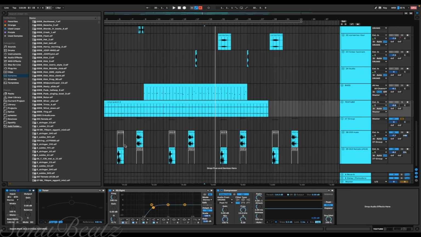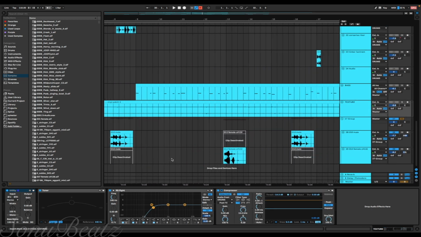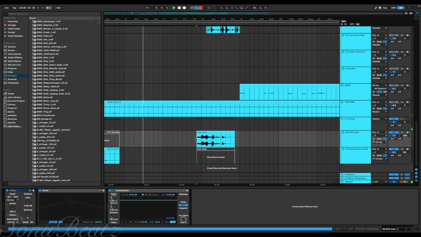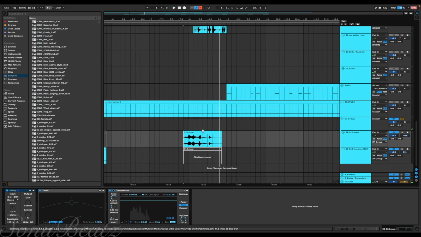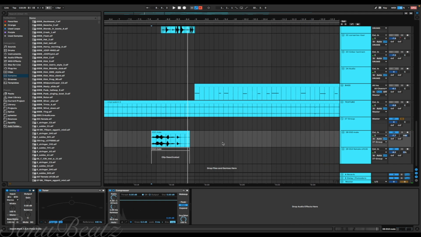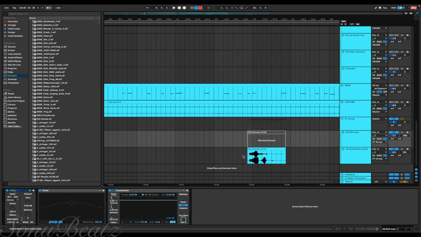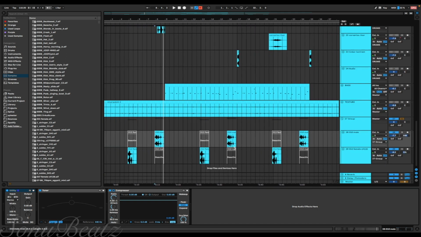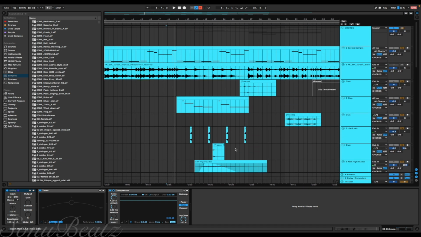And then down here, I have some vocal sounds. These are also from Ableton. This one says around. And this one's saying something about the nation. I'm not really sure what they're saying. Like the nation spit or something like that. And that just kind of repeats throughout. I put those there randomly because I was messing around and it kind of sounded like it was in the sample. So I just left it.